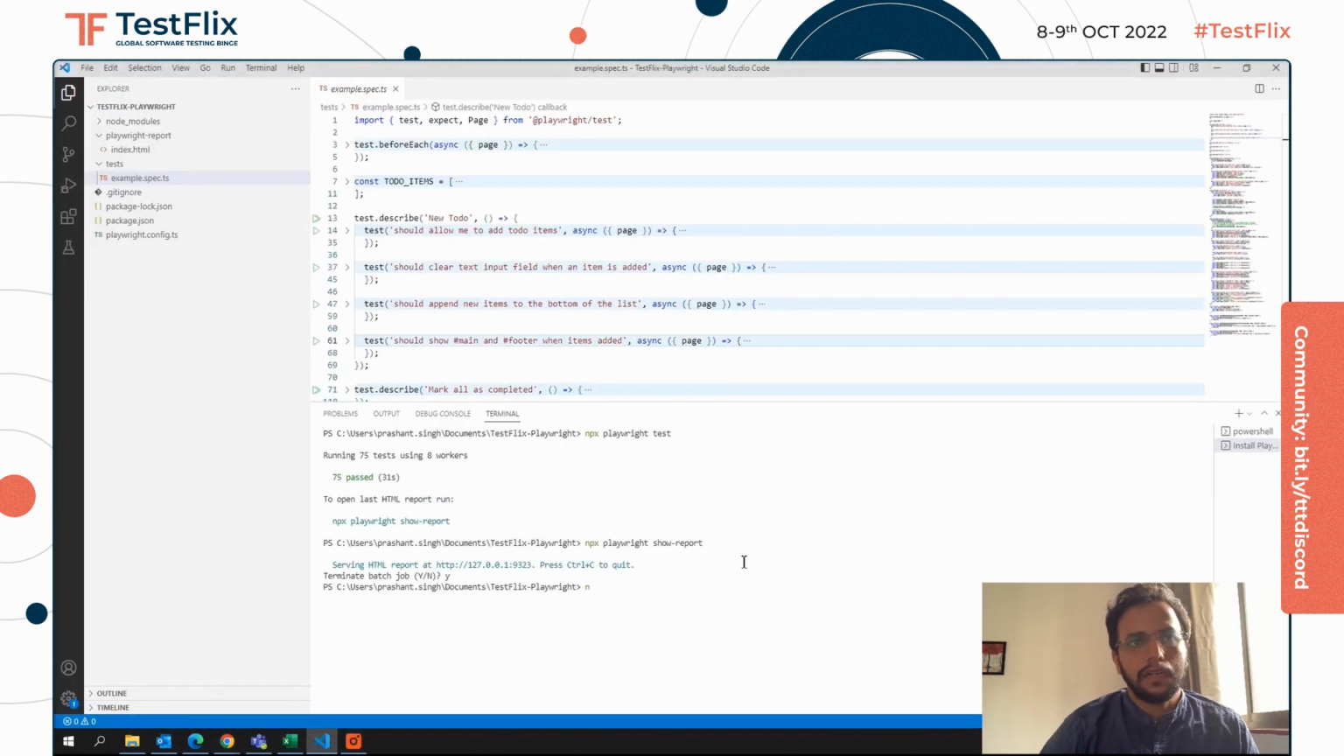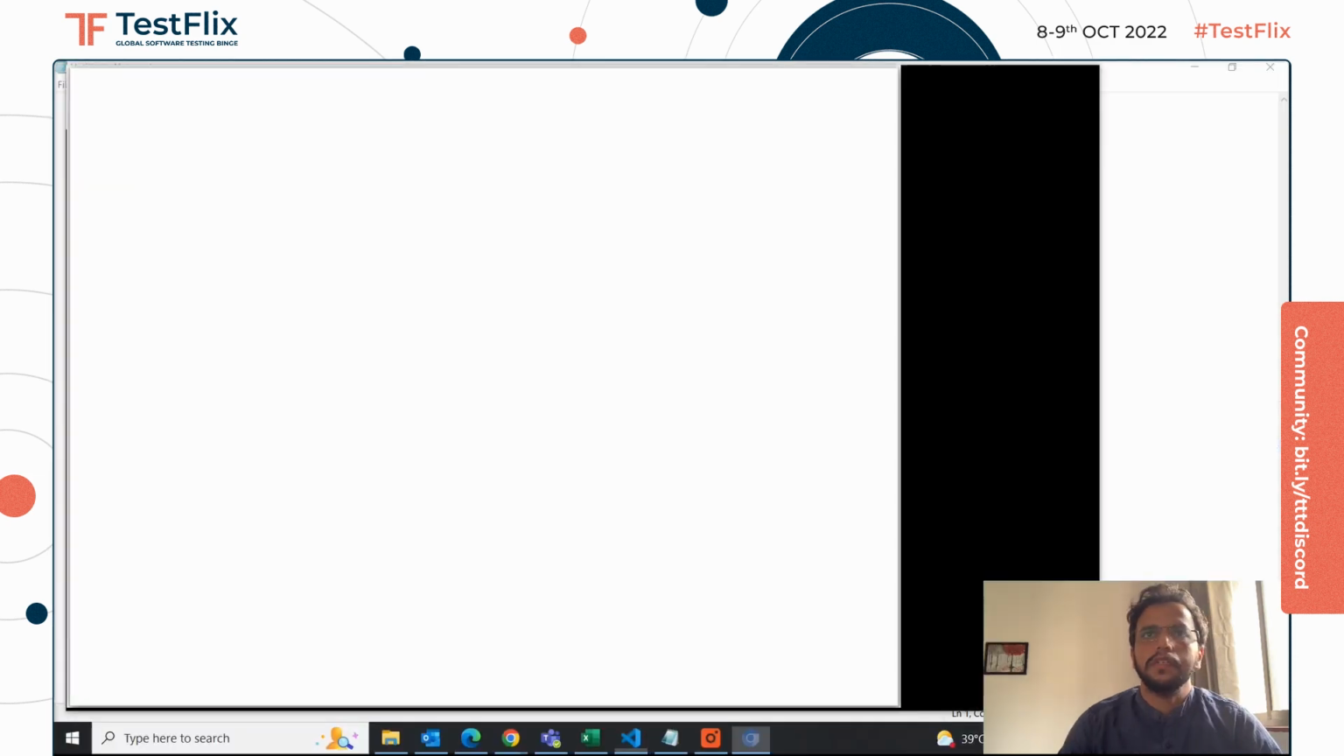If you are running it in a headless browser and you want to run it in a headed browser, the command to do that is --headed. Now if you just run your test case, it will run everything on the browser. As you can see now that